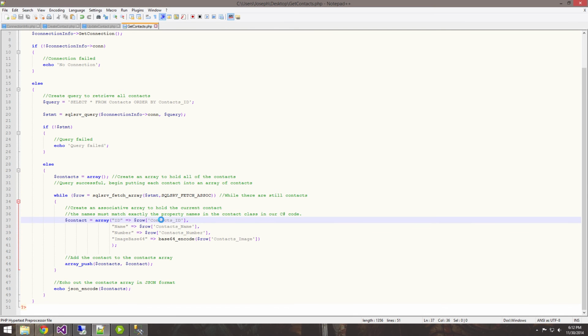It's going to make an associative array with the ID string as a key, and then the contact's ID as the value, name as a key, the contact's actual name as a value. And what I do want to point out, and it's really important, is why this isn't just coincidence: when I do ID, name, number,